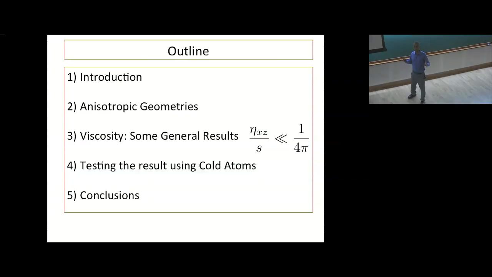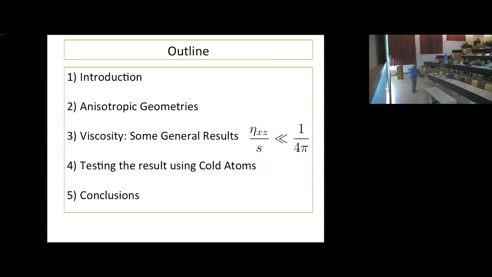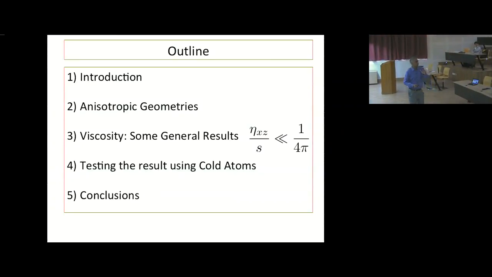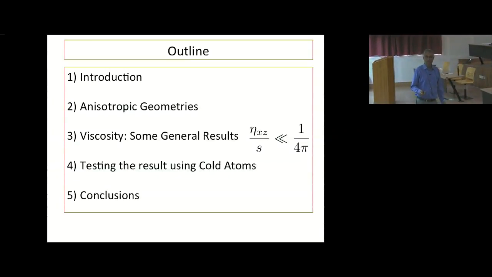But it'll turn out, and I'm really quite excited about this, that if you look at the existing cold atom experiments, just by driving them into the anisotropic regime, given the kind of things they've already been able to achieve, the kind of time scales and sensitivities they have, they should be able to see. If nature is kind and gravity results tell us something about what happens in these experiments, they should be able to see the fact that the viscosity tends to become smaller than this number, 1 over 4 pi. Okay, and then I'll end with conclusions.